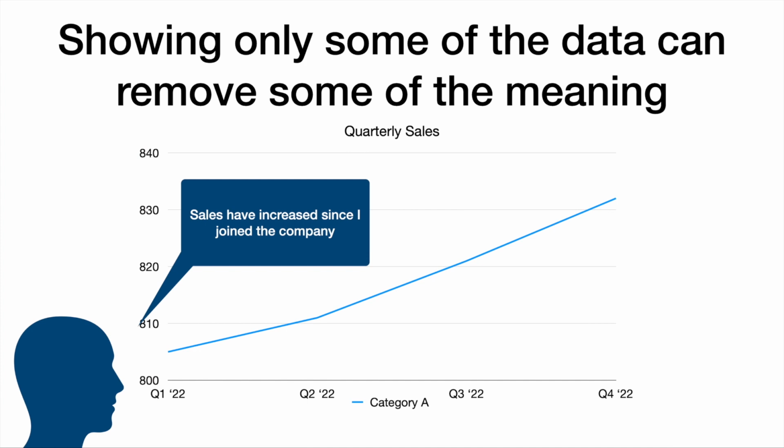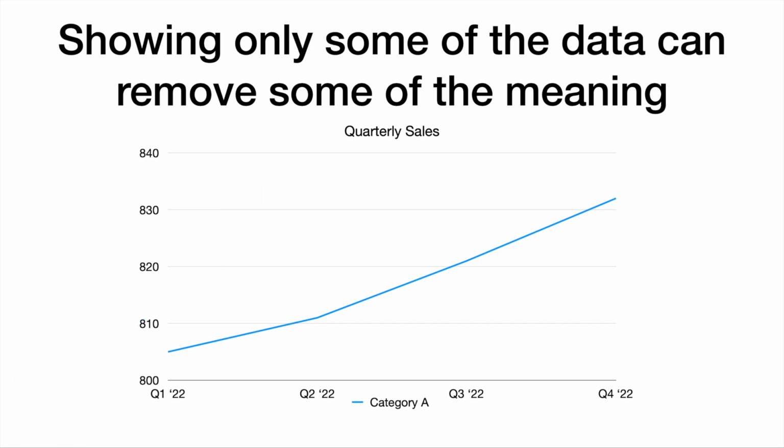Now, another way a chart can deceive is by tweaking with the axes and showing only some of the data. So here, this man started work in Q1, and he's saying, look, sales have increased since I joined the company. And indeed they have. Sales have increased quarter on quarter ever since he started. But maybe this isn't telling the whole story. If we look at what happens